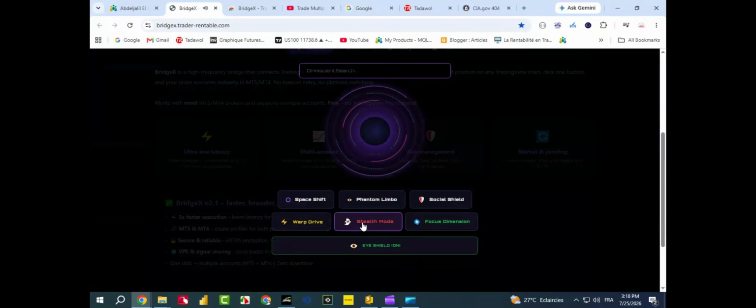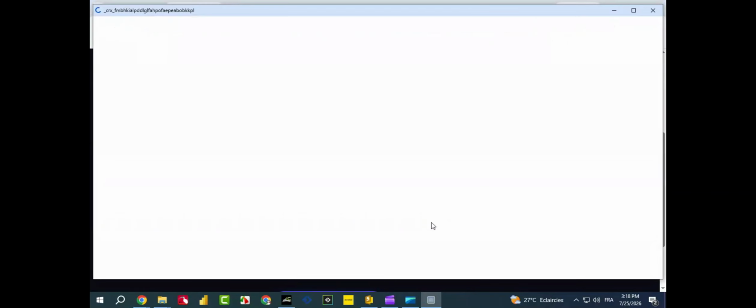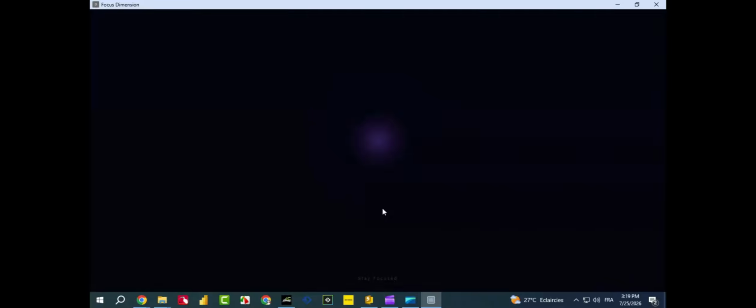You can also open a new Incognito window by clicking on Stealth Mode. Another protection protocol is the Focus Dimension, a pure black screen with a slowly breathing purple circle designed to rest your eyes without ever closing the browser. It's a little meditation moment that helps you reset, recharge, and refocus, perfect for when you need a quick mental